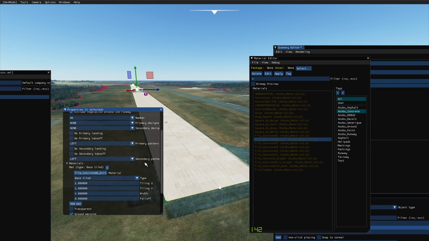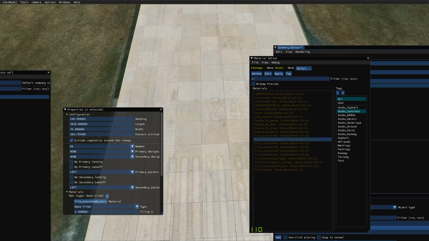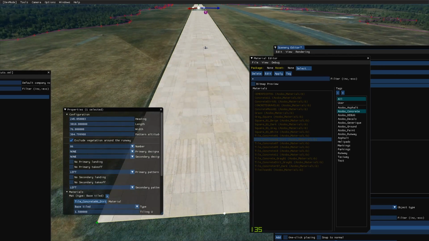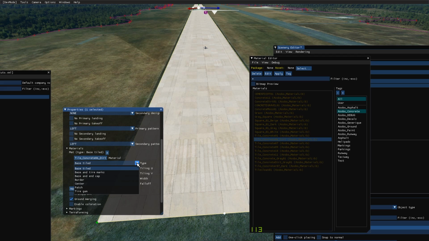And in here you can also change the scale of it, and the U and the V. I'm just gonna change it to this. 1.5 seems to be good for this runway. As you can see, we also have some ground merging. You have different types of those textures or materials that are on the runway. So you have the base tiled, you have that and the tire marks and the borders and center and much more. We're gonna add another material,